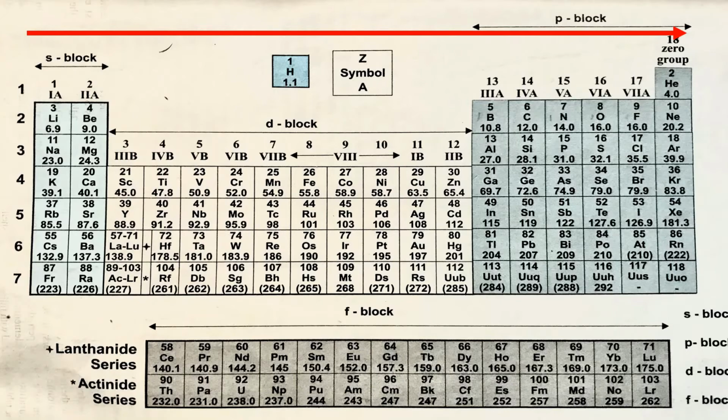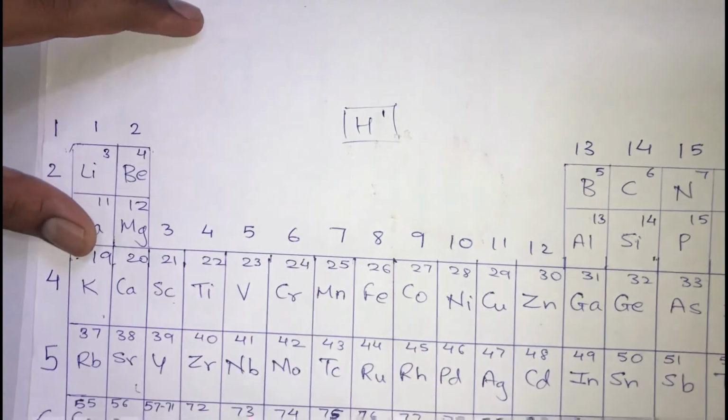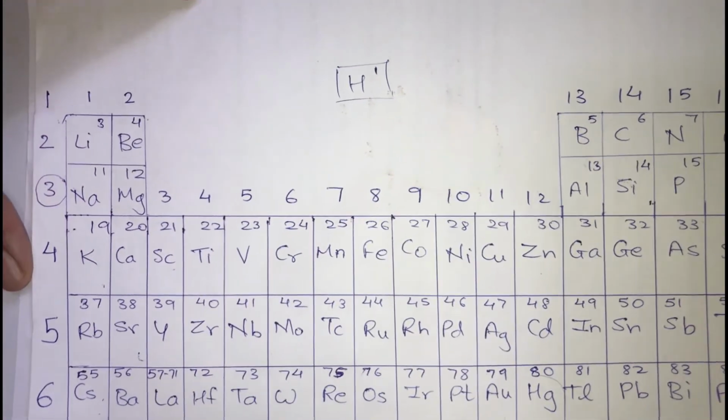So we have understood how the atomic radius decreases as you move from left to right in the period. So guys, after understanding how the atomic radius varies as we move across the period, now it is time for us to understand how the atomic radius is going to vary as we move along the group from top to bottom. So for our better understanding, let us consider the first group.